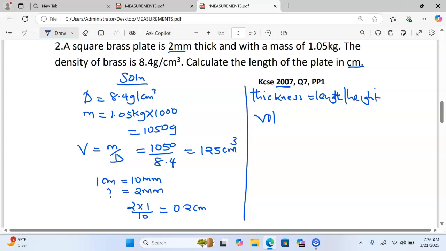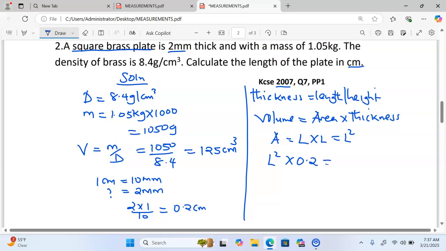Remember, volume is given by the area multiplied by the thickness. Since we have been told that it is a square brass plate, to get the area of a square, we simply take the length and multiply by the length, which gives us length squared. So if you take length squared, which is the area, and multiply by the thickness, which is 0.2, you are going to get the volume